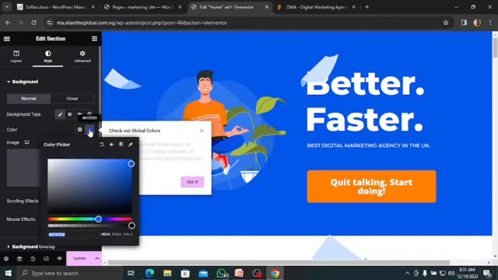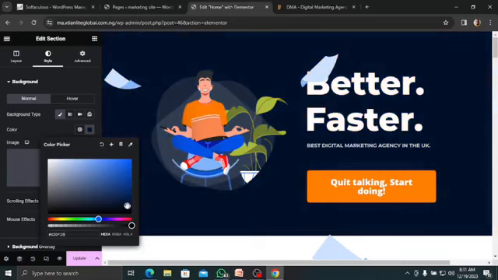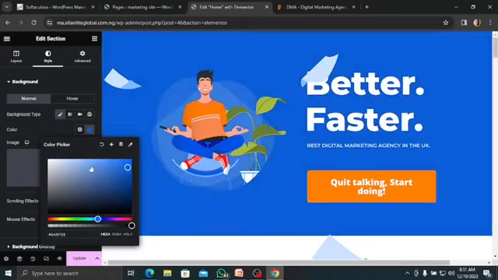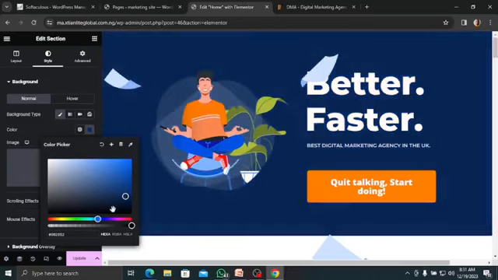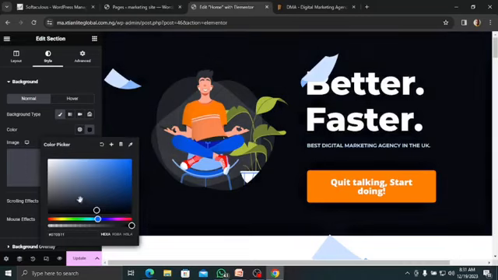So I might decide to change this color into something else. You see, can you see the effects? I might decide to change it to any color that I prefer, right? Like I said, it all depends on what you want to achieve. I might leave it at this black. I might decide to change it. So that is how